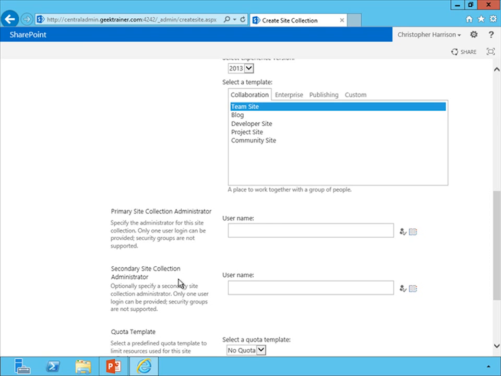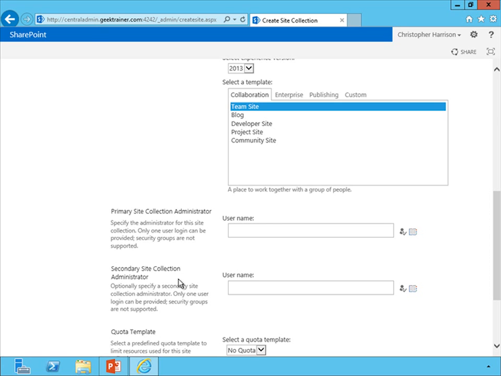Quite frequently, I'll get asked, well, what happens if I don't want somebody to have complete control over the site collection? And my answer is always very simple, if not maybe a little glib, which is, don't make them a site collection administrator. It really is that simple. Because if you make them a site collection administrator, what you are specifically saying is, I want this person to now have complete control over that site collection. If that's not what you want to say, then you don't want to make them a site collection administrator,